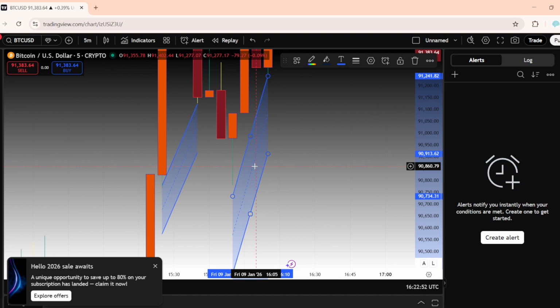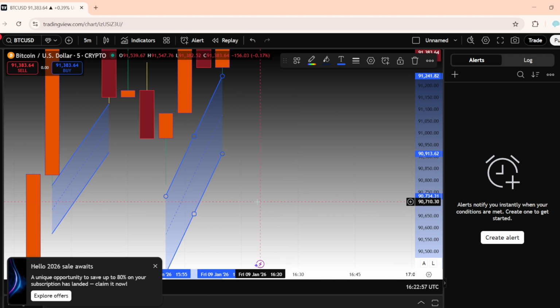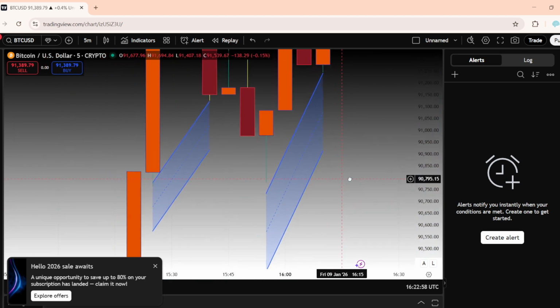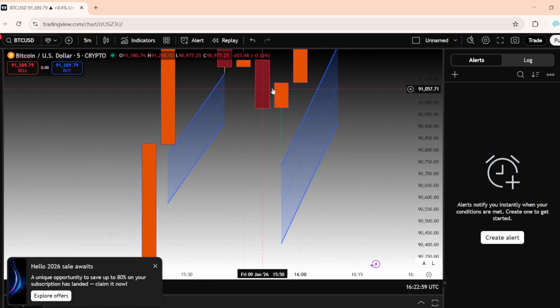Release your mouse to place the channel on the chart. At this point, you have a working channel you can use to assess how price respects those parallel boundaries. If you want to move or adjust it, simply click the channel to reveal its handles. Drag the center line to move the entire channel without changing its angle. Use the end handles to rotate the angle so it better fits your trend direction. Use the side handles to widen or narrow the channel, making sure it contains most of the relevant swing points